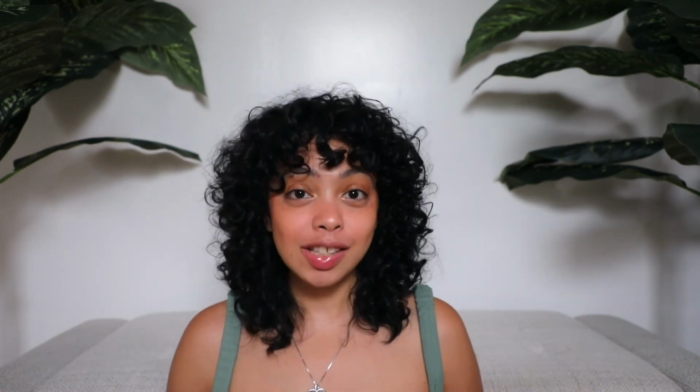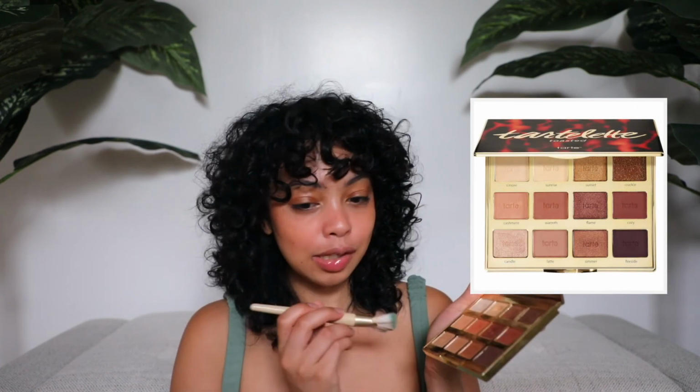Now that blush is on my face and I look like I've been blushing my entire day away, I'm gonna go to my other favorite item, which is highlight. And I'm actually gonna keep it real simple this time and just take my Tarte palette, and I'm gonna go into Candle with my highlighter brush, and I'm just gonna